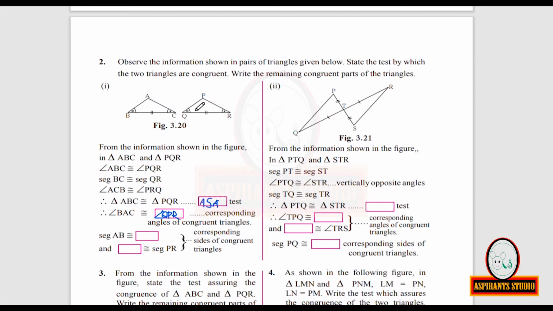We have already proved. So now segment AB is congruent to segment PQ because the vertex A corresponds to P and B corresponds to Q. We have to see that correspondence of the vertices as well as look at the figure and say the side which is congruent to the corresponding side. Now segment AB will be congruent to the corresponding side PQ of the other triangle. So here you will write segment AB is congruent to segment PQ.